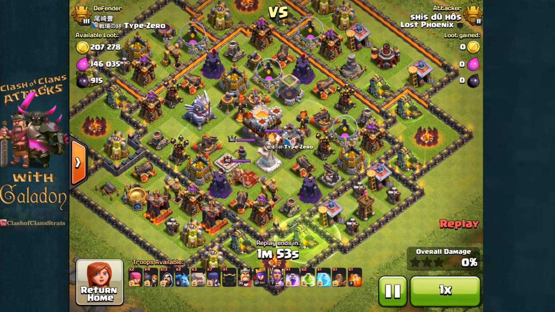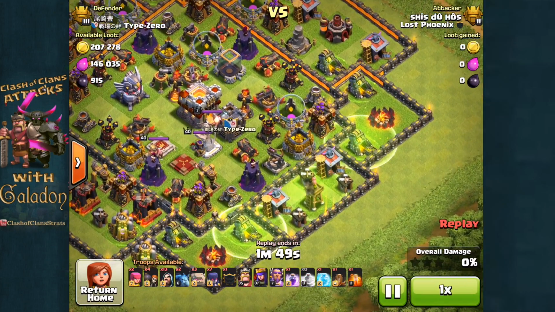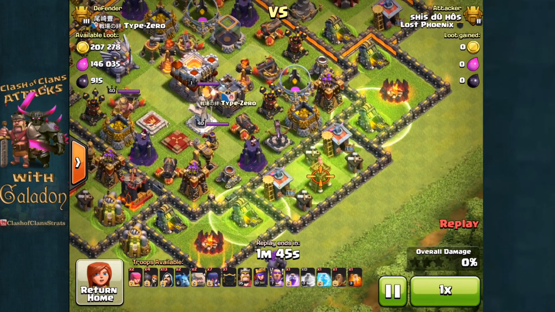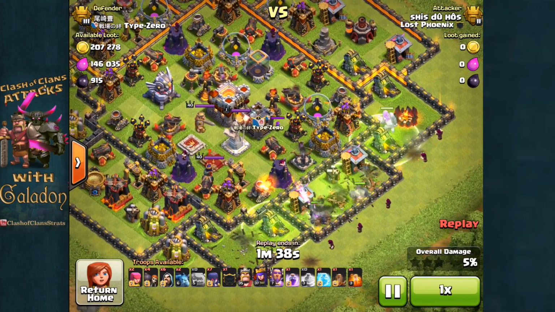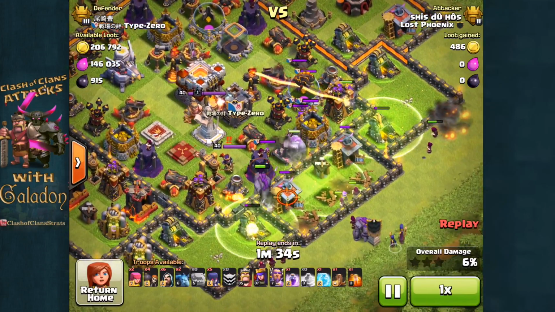And for our third replay of the day, we've got She from Lost Phoenix attacking that defender there, bringing in the Go Wee Wee style attack with some minions as well. And again, we are going to see the Eagle Artillery doing its job primarily at the end of this attack. Now, great use of the jump spells, all 3 bridging 2 sets of walls, allowing 3 entry paths to the